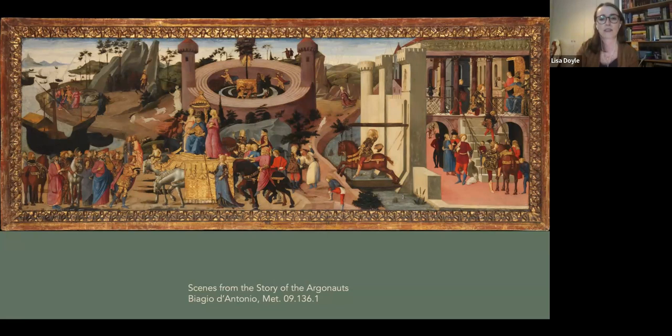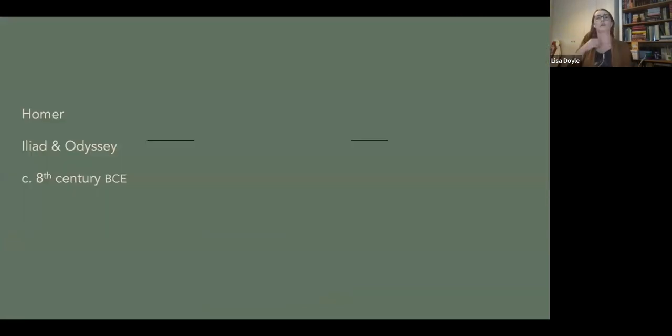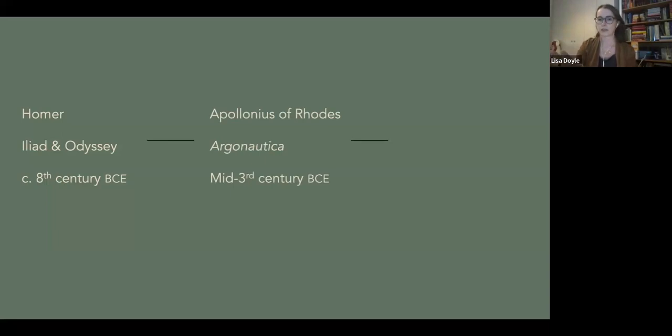So just as a diagram, this is perhaps oversimplified because I don't want to do an injustice to the epics that aren't included on this, but just as a way of illustrating how this works, we have Homer's Iliad and Odyssey. As a rough date, we have the 8th century BCE. Apollonius's poem then comes along the mid-3rd century BCE. It's our only extant epic from the Hellenistic period. Other epics were being composed. There were other epics written on the Argonautica, such as the one by Cleon of Curion, but Apollonius's survives extant. It was influenced by Homer's Iliad and Odyssey, and then in turn was hugely influential on Virgil's Aeneid.